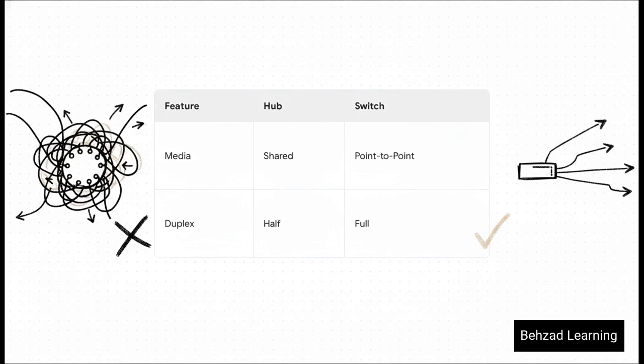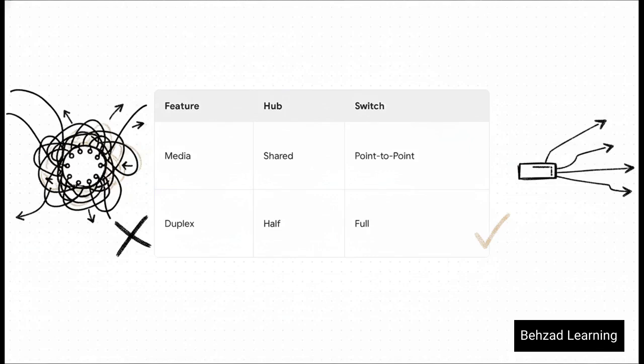Hubs force devices into half-duplex mode, meaning a device can either send or receive, but never both at the same time, because that media is shared. Modern switches, though, change the game entirely. They provide dedicated point-to-point links. This allows for full duplex communication, where devices can send and receive data simultaneously without ever having to share the